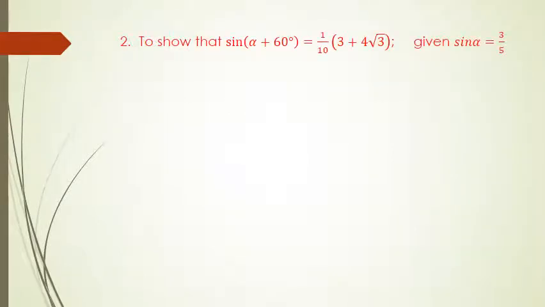Question number 2. We are required to show that sine(alpha plus 60 degrees) is equal to 1 over 10 into (3 plus 4 root 3), given that sine alpha is equal to 3 over 5, and alpha is an acute angle. We observe here that alpha plus 60 degrees is a compound angle. This suggests that we may use the compound angle formula for sine, but we know that it will also need the cosine of alpha, so we start by finding the cosine of alpha